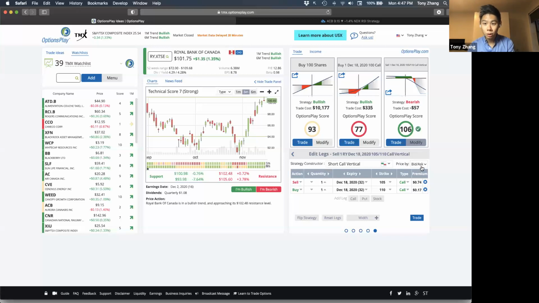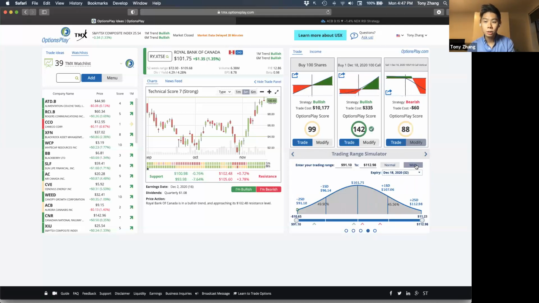The options play score is actually going to be worse. Now, this is assuming a normal distribution, but if we look at what is potentially the real possibilities here, as you can see, the options play score gets lower here. It's actually doing this type of math in the background, saying if you won